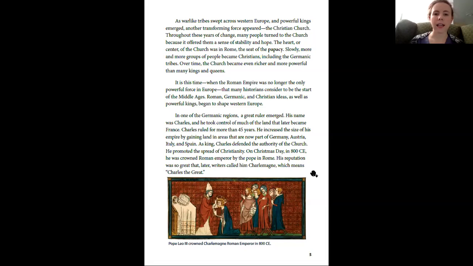On Christmas Day in 800 Common Era, he was crowned Roman emperor by the Pope in Rome. His reputation was so great that later writers called him Charlemagne, which means Charles the Great. And down here we see an illustration that looks like it was made around that time based on the way that it's illustrated. And it says Pope Leo III crowned Charlemagne, which we know means Charles the Great, Roman emperor